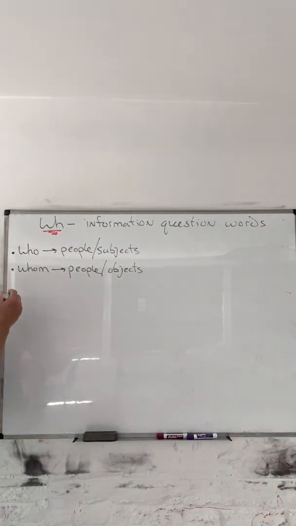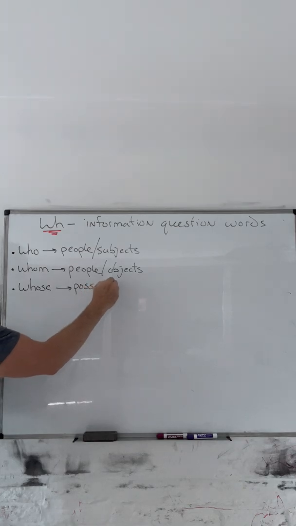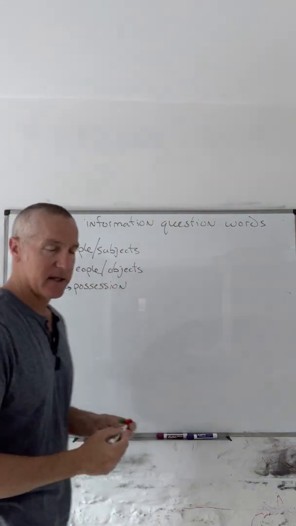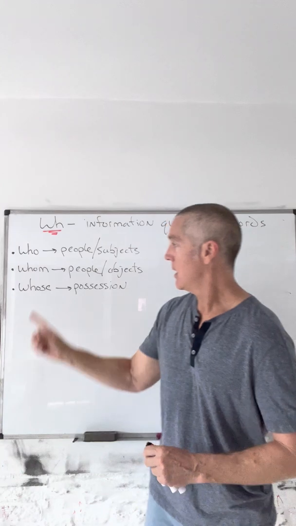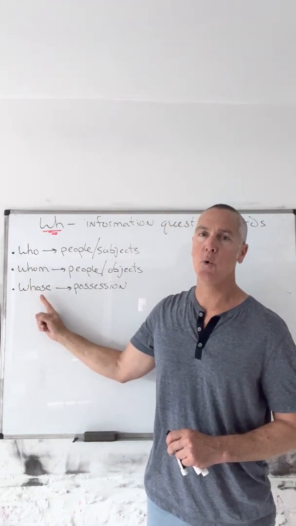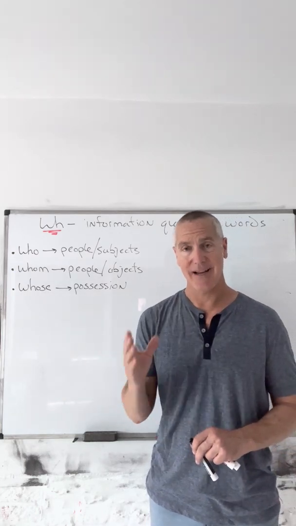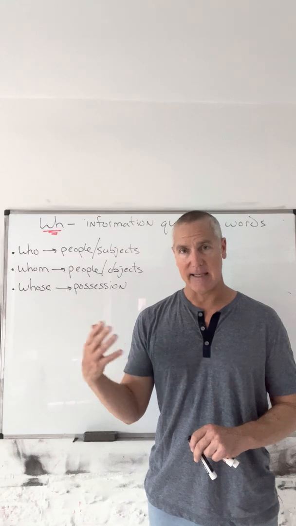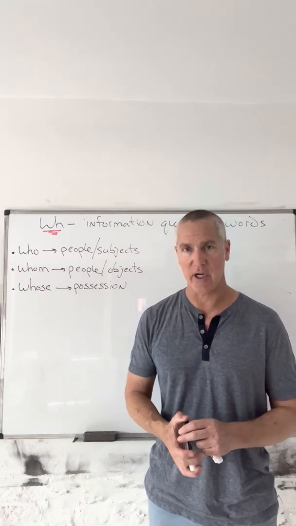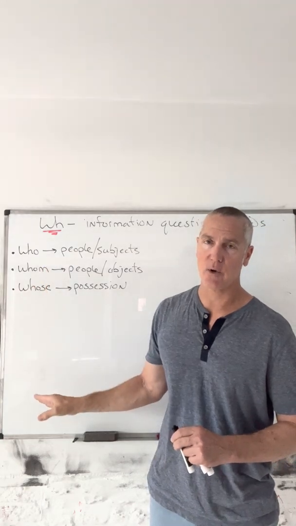Then the next one is whose. And whose asks about possession. And the pronunciation is this, just like who, but with this in the final position. Z, whose asks about possession. It can be asking about an information question, and also whose, like the other information question words,